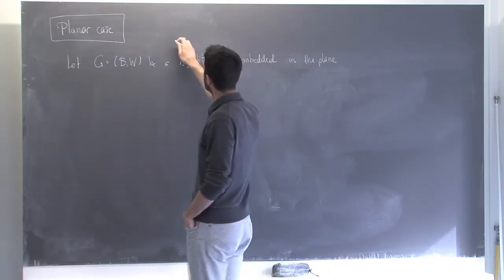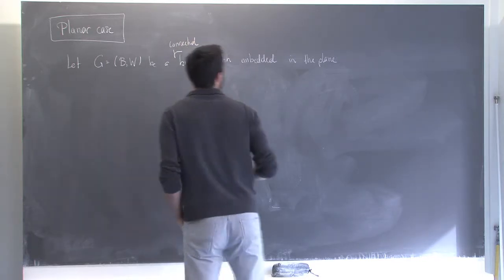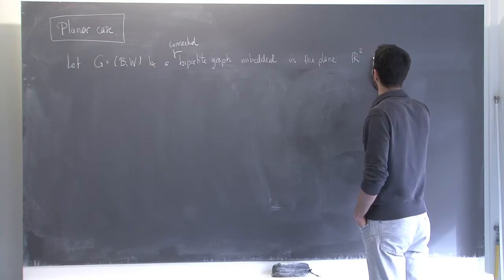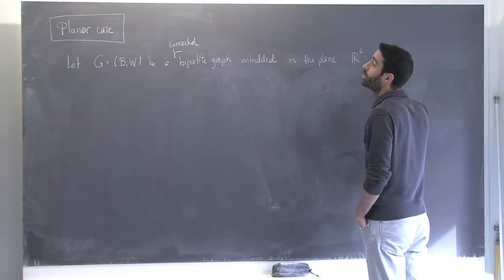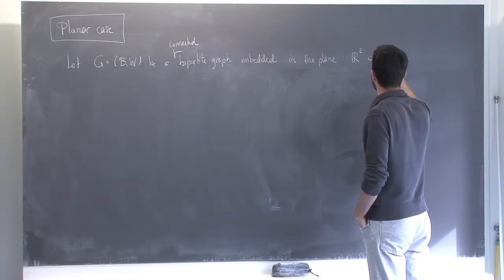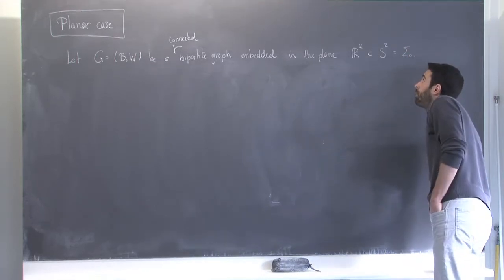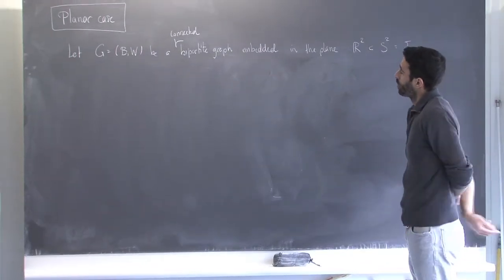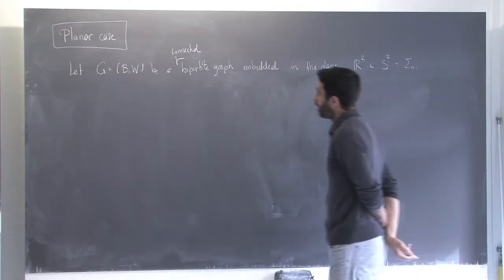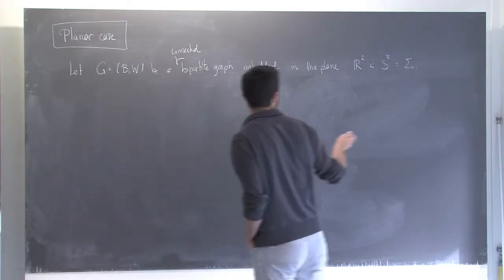And I'm going to assume that it's connected in the plane, so R2. And of course, if I want to be in the setting of the theory before, I want to look at this as R2 embedded in the 2 sphere, which is the surface of genus 0. Okay. So now what happens? If it's bipartite, it means that each edge,